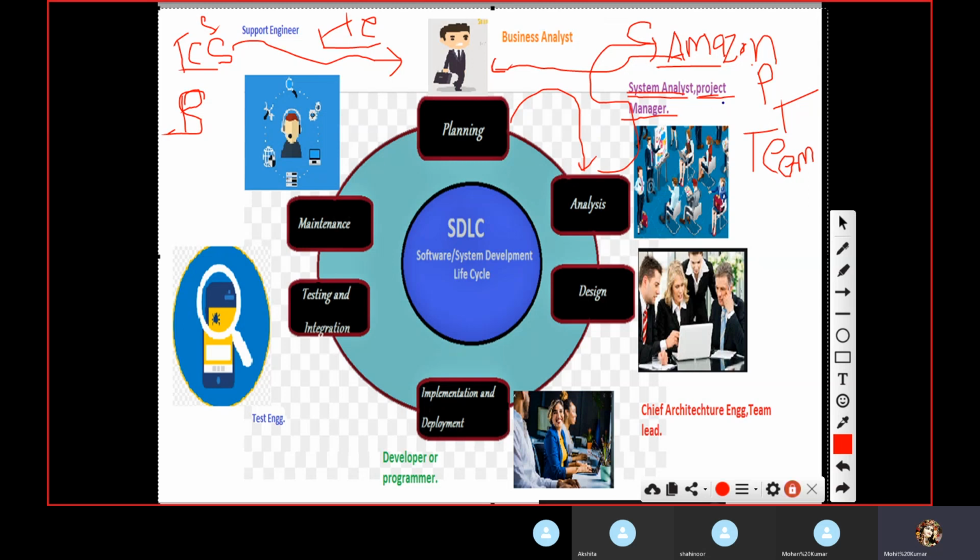This is one big product or project, so they need resources. 20 resources are required for this project. In analysis and planning, they will also define which technology they are using and all, right?